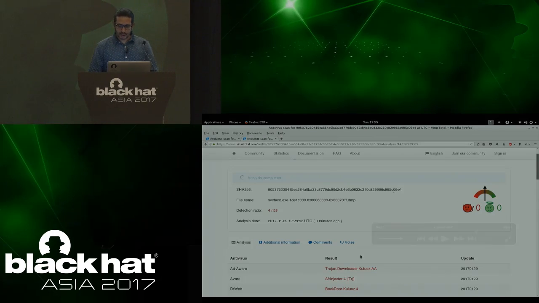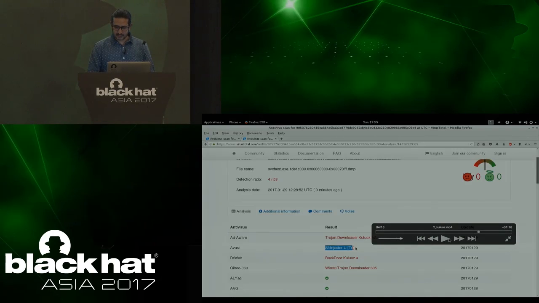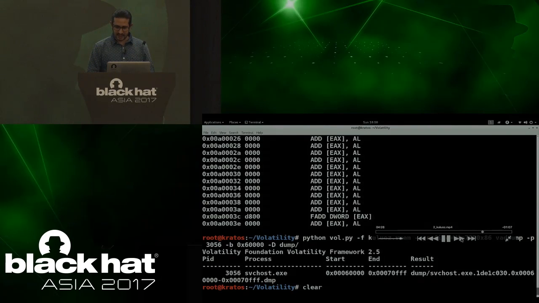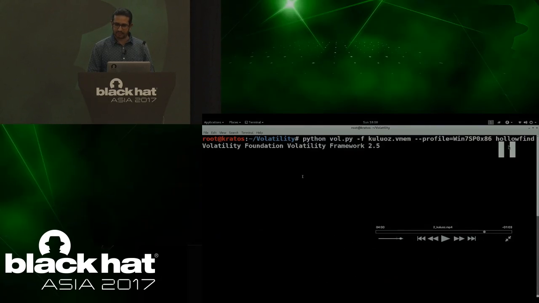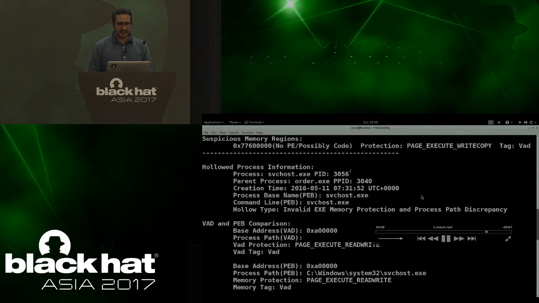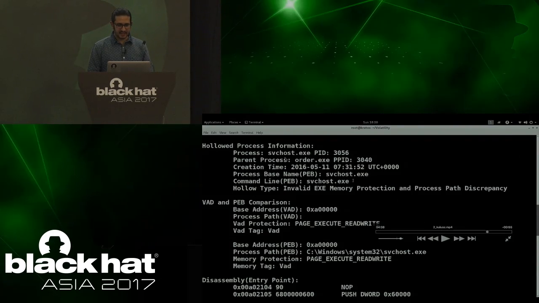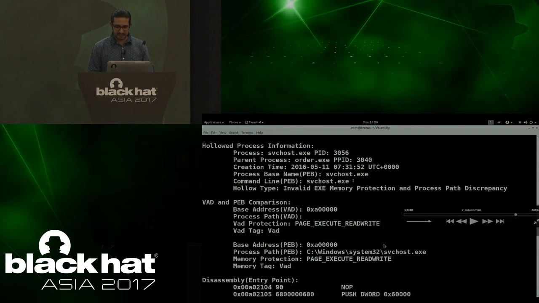is a redirection. So to address that problem, what I did was, again, in the HoloFind plugin, I implemented a logic. I'm running the HoloFind plugin against this memory image, which is infected with Kulos, and you see that the hollow process injection runs, and it will tell you if there is any discrepancy. You see that it is telling here that svchost.exe is bad, and notice it is telling you there is a path discrepancy, which is similar to Stuxnet, right? And it is telling you this memory region is suspicious because it has a different memory protection.